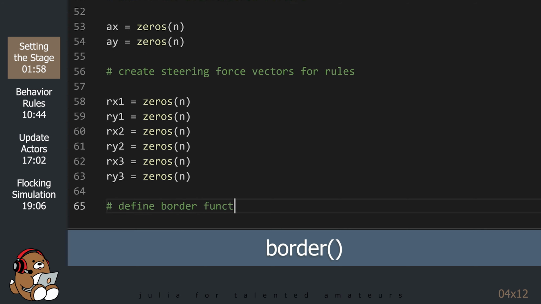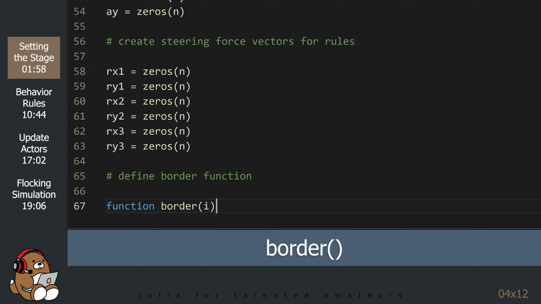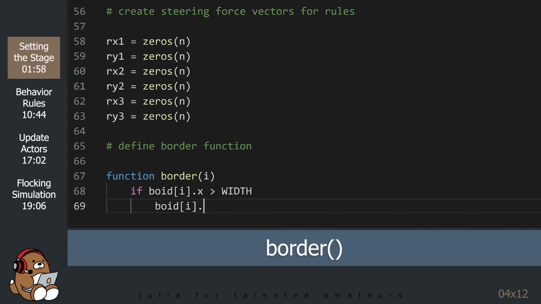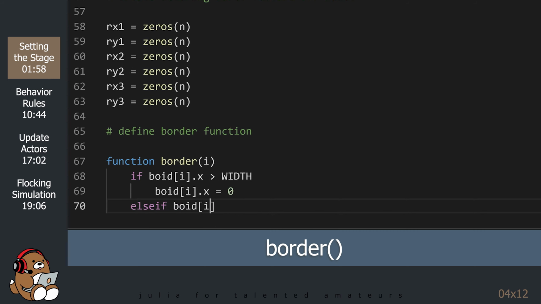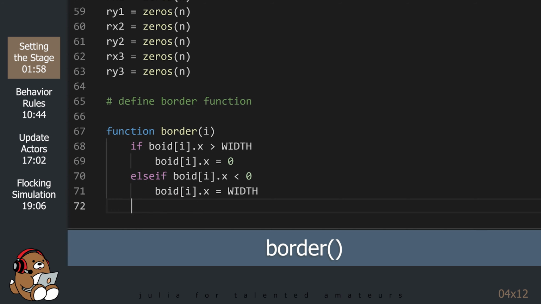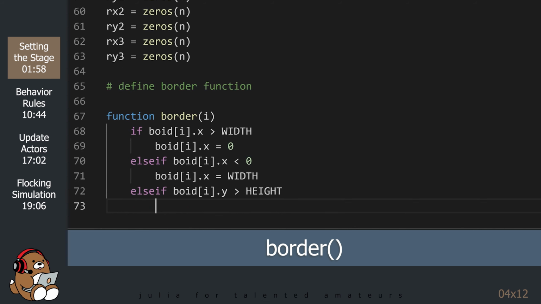Unlike in previous tutorials where we try to contain our actors within the game window borders, for this simulation, we want to give our boids the freedom to travel as they please. By using this code, if a boid wanders off the edge of the game window, it will simply reappear on the opposite edge.